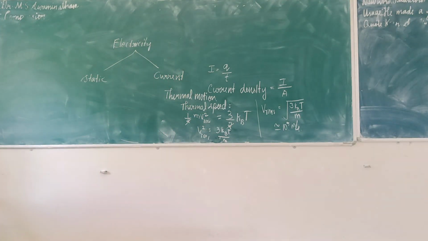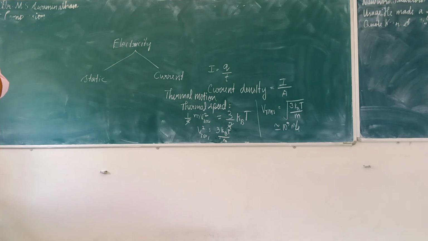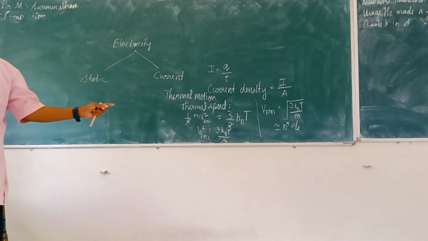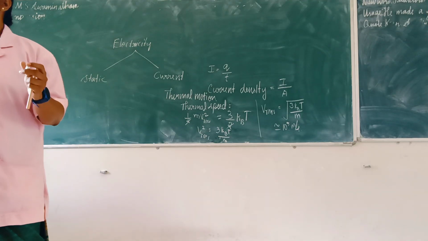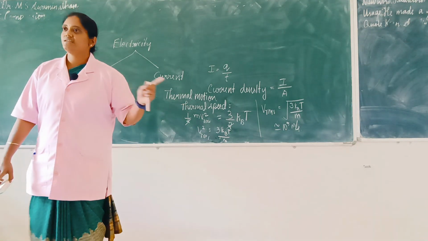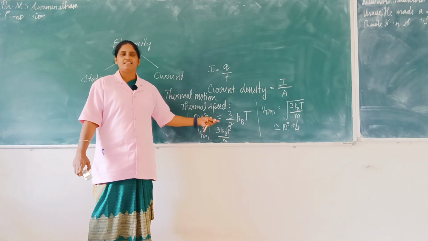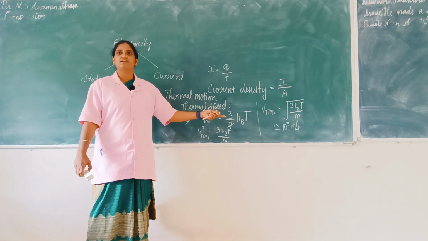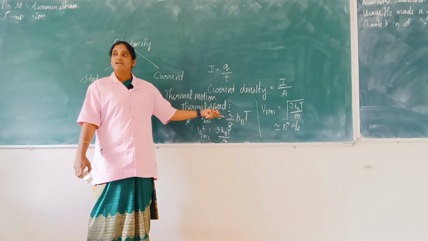Once the electric field is applied to the conductor, what happens? The charges move in a uniform direction. When the electric field is not applied, they will be in random motion, isn't it? When the field is applied, the electron starts to move from higher potential to lower potential. So they will be in uniform motion. When they are in random motion, each electron has its own direction, isn't it? There are infinite number of electrons, and if we calculate the average velocity of those electrons, we get the answer as